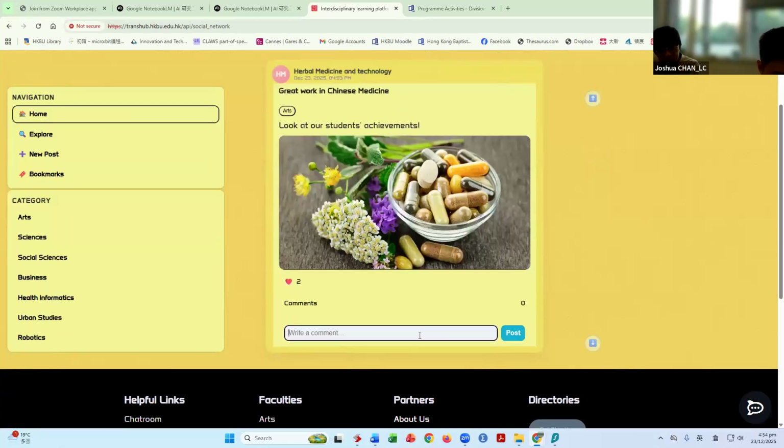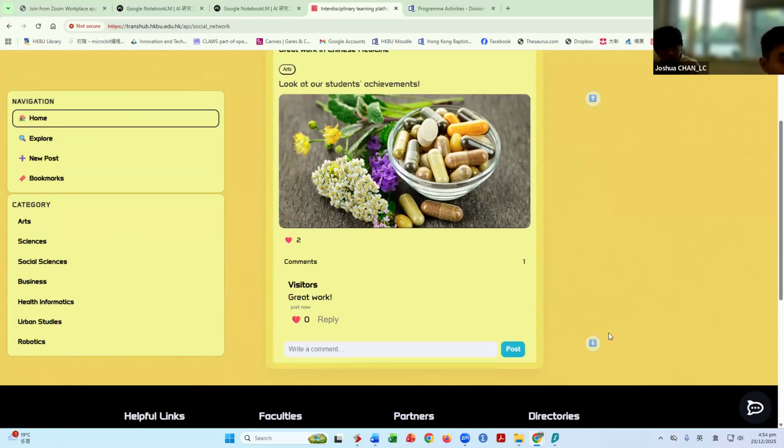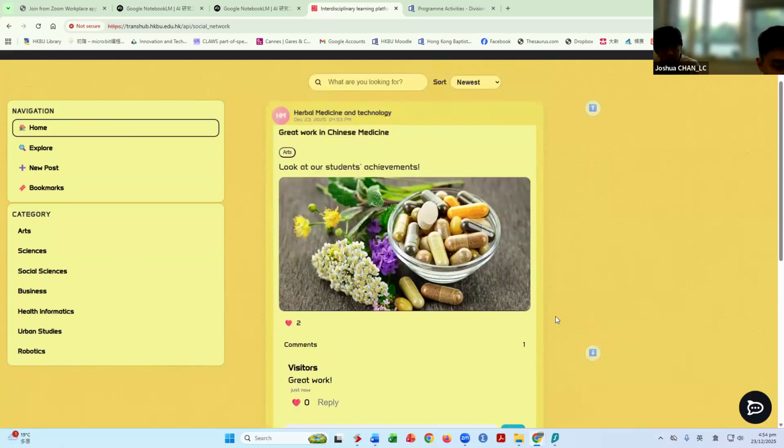Okay, and then other students can also like it, and then also they can comment. Right? So great work. So the idea here is, this page is like Facebook, and teachers can share news and feeds with students, and then students can interact with each other, and we can also categorize these posts into art, science, social sciences. So the right hand side is empty.